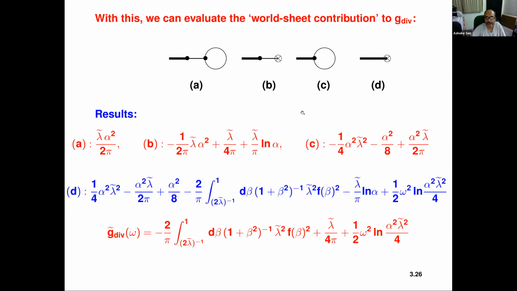Then you have to take into account the effect of the measures. So you have to first work out the correct change of variable from the open string 0 mode to the collective modes, find the Jacobian and find its contribution to the 1-point function. And we have to do the same thing for the forces. And at the end of it, we get the full G of omega. So next time I'll describe some of these calculations, and I'll also say where we are at this stage. So I think today I'll stop here.